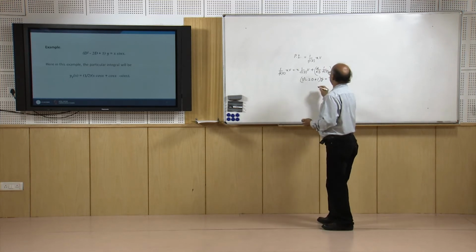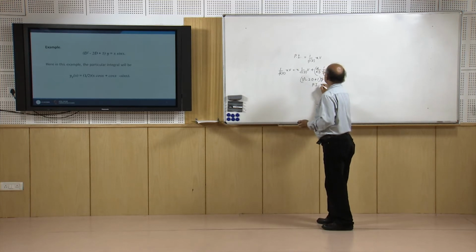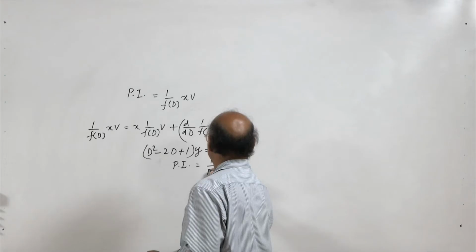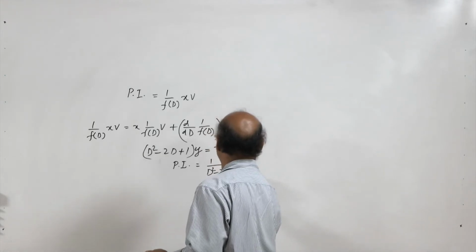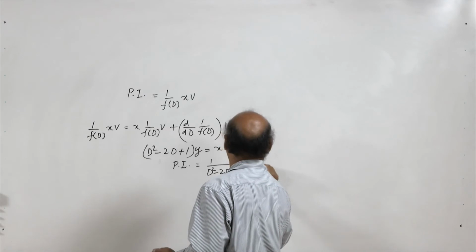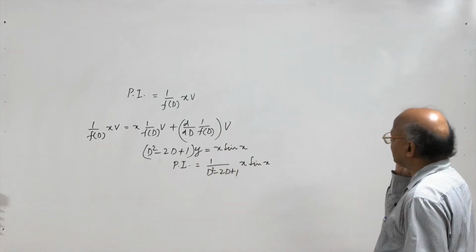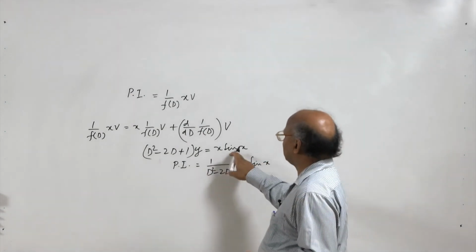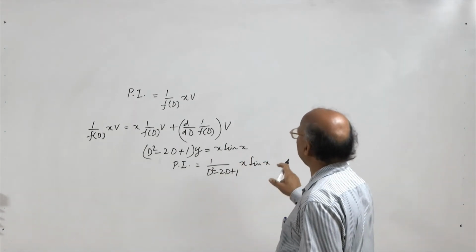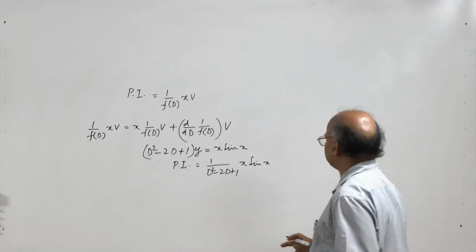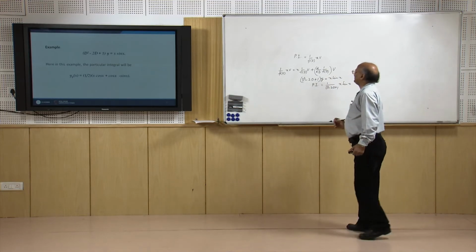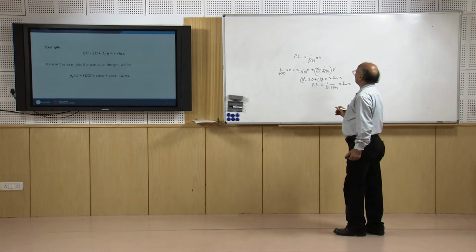So, here let us find the particular integral. 1 over D square minus 2D plus 1 operating on x sin x. This is a second order non-homogeneous linear differential equation where R(x) is x sin x. So, it is of the form x into V, where V is sin x. Now, applying this formula, 1 over f(D) x V equals x times 1 over f(D) V plus